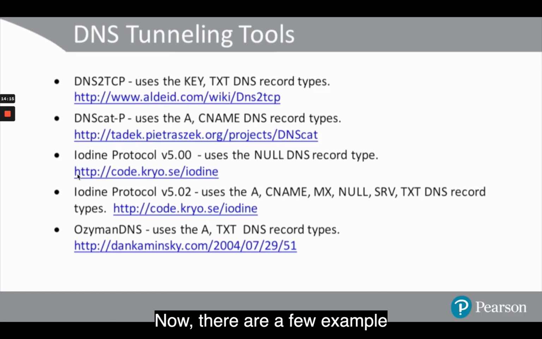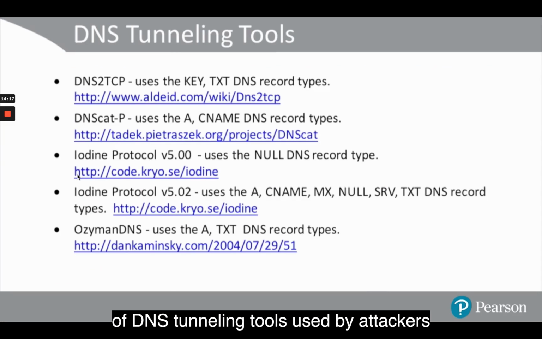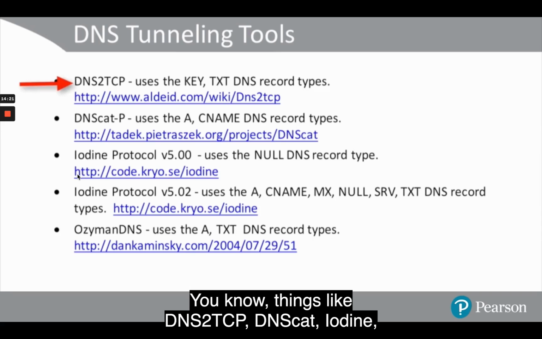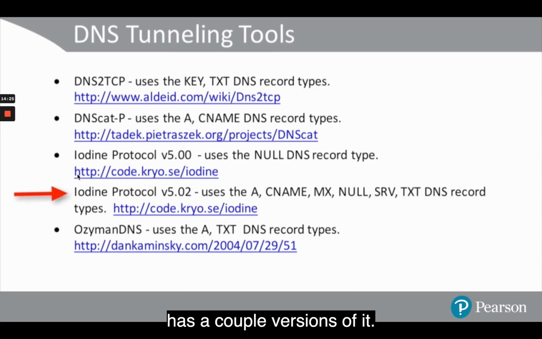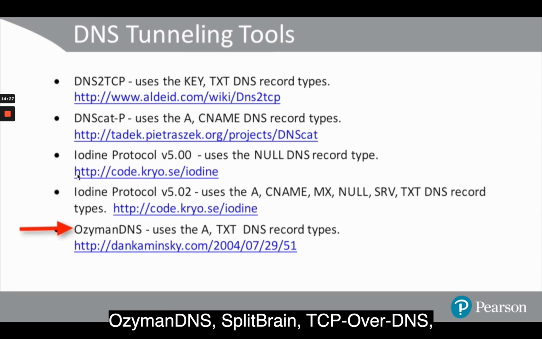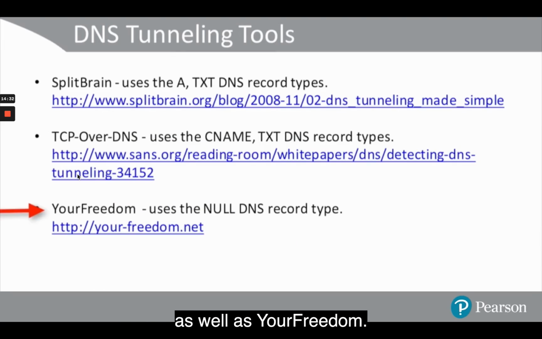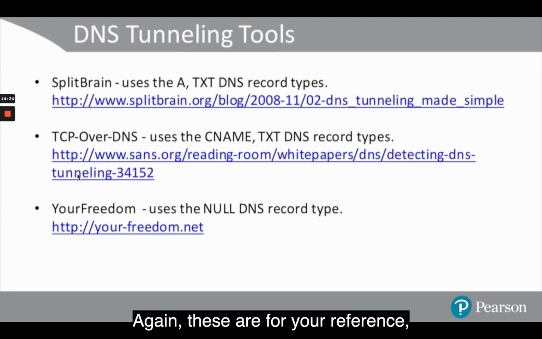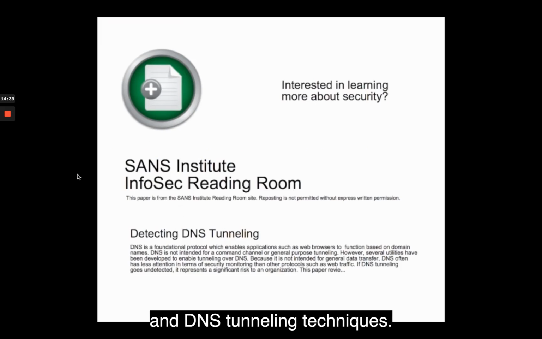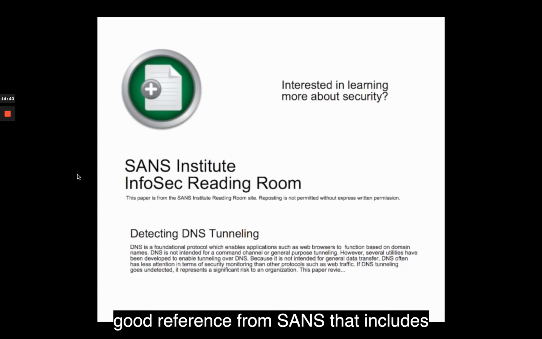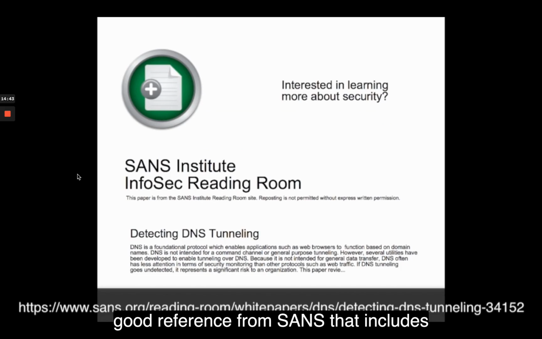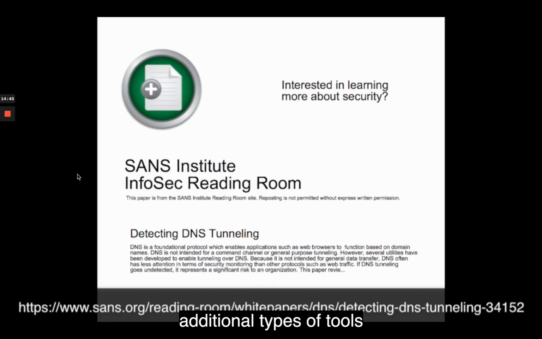Now, there are a few examples of DNS tunneling tools used by attackers, and I'm including a few here. Things like DNS2TCP, DNScat, Iodine, which has a couple of versions, OzymanDNS, SplitBrain, TCP-over-DNS, as well as Freedom. Again, these are for your reference. There are many, many other tools and DNS tunneling techniques. I'm also including here another really good reference from SANS that includes additional types of tools